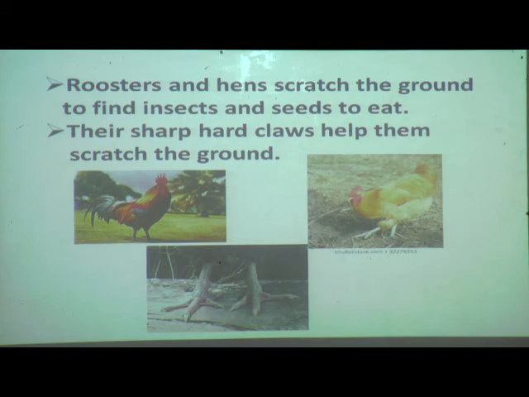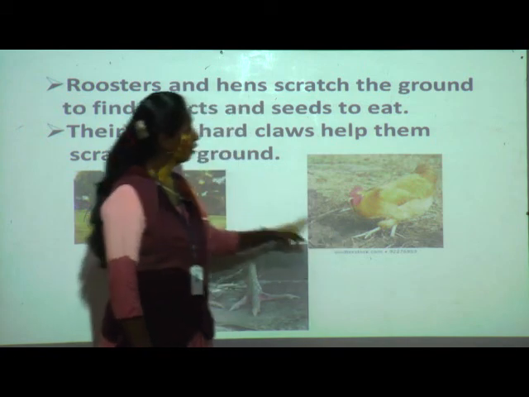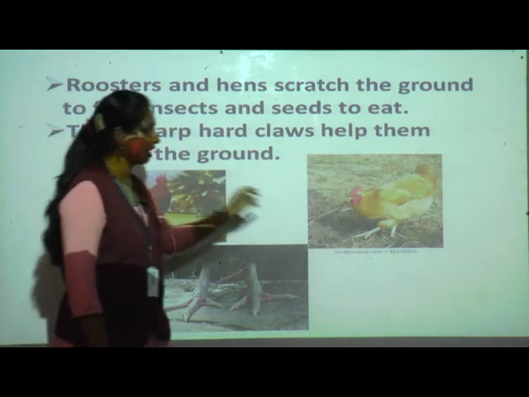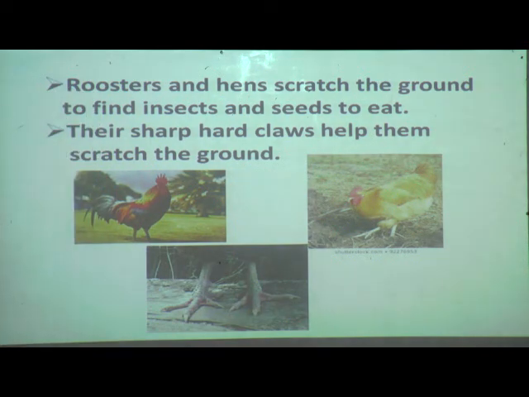See what I have given here. Rooster and hen scratch the ground to find insects and seeds to eat. Now what do hens and roosters do? They will scratch the ground to find seeds to eat. And how are their claws and feet?